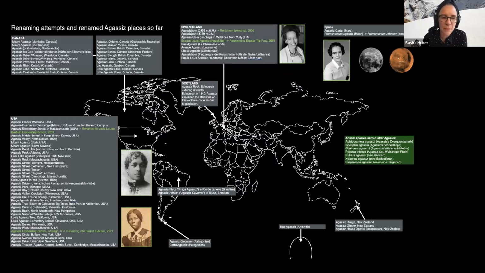And here I want to show you a map where it's more visible where those different places named after Agassiz are, and which places were actually renamed. Today, the Rentyhorn still is not officially renamed because all the communes decided to say no after a pretty long process. There was one roundtable discussion where we could meet the mayors to discuss it, but because all of them would have had to say yes to make this change, and especially Guttannen is the commune which was very rough,